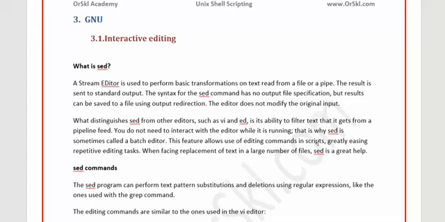It is one of the most widely used commands in scripting languages, especially shell scripts, and it greatly eases repetitive editing tasks. If you have a repetition of tasks, it is very simple to edit and reuse it again and again.